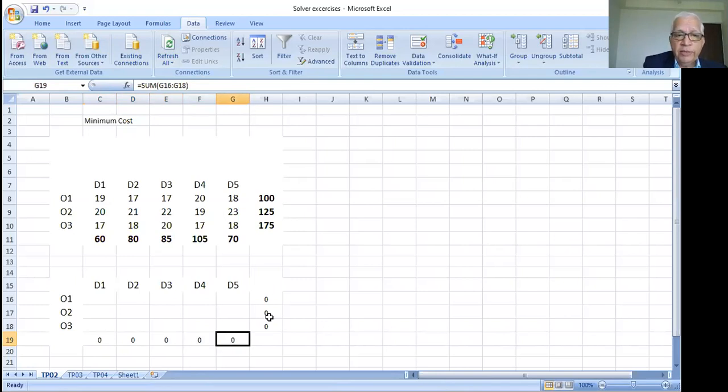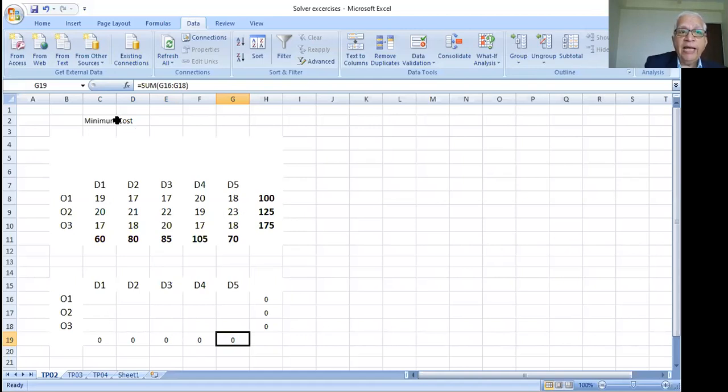So what we have done is the allocations which are going to appear here, we have totaled them up. Right now the total is 0 because the cells are blank. And this is going to be the place where the solution is going to appear. Okay. The final solution is going to appear here. Now, these two matrices have been created. This was a given matrix. This is a new matrix which I have created where the allocations are going to appear.